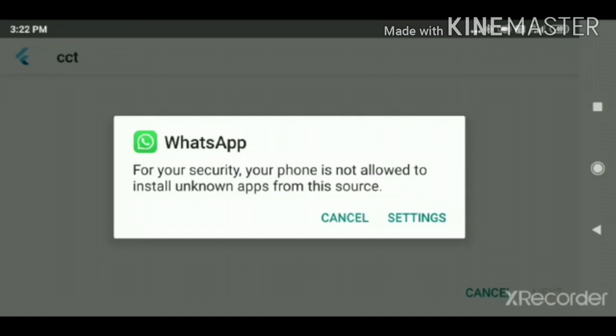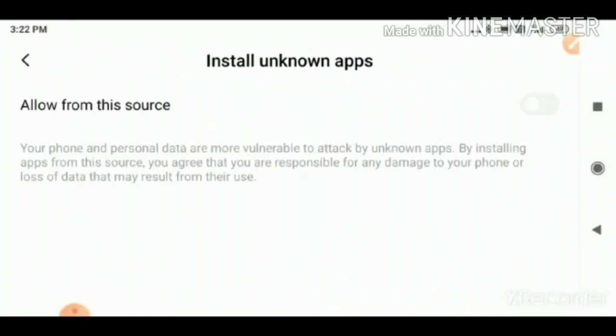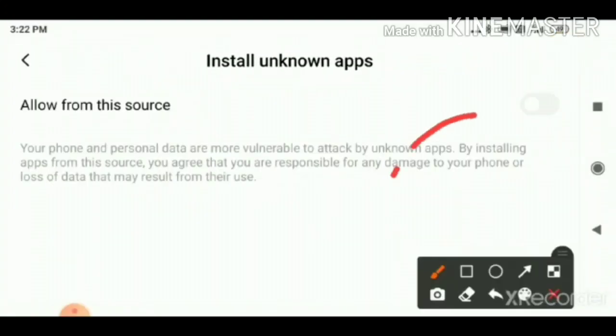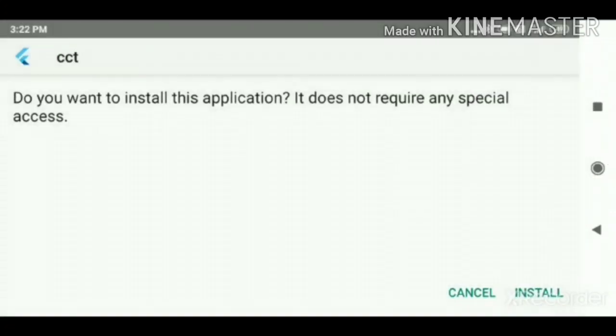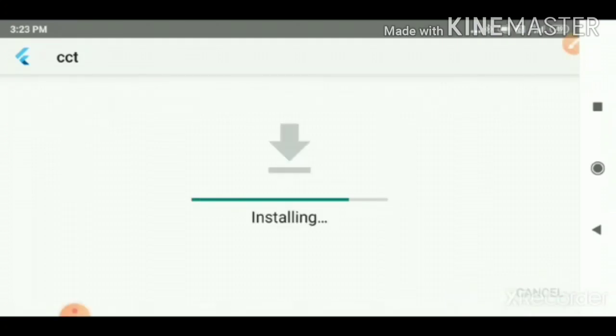It happens on every mobile. Go to settings. The moment you go to settings, you just click it here and make it allow. So I am now allowing. Then go back. Once you allow, it will be installed, otherwise it will not be installed. I am telling you very clearly, on every mobile, whether it is Redmi, Samsung, or whatever it may be, it will ask you for security permissions before installation. Now install. It is being installed.